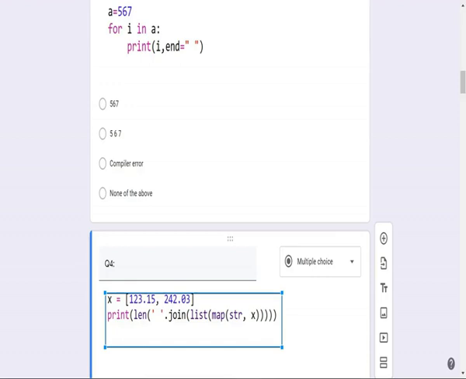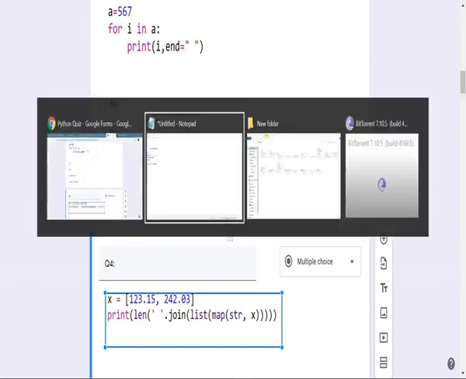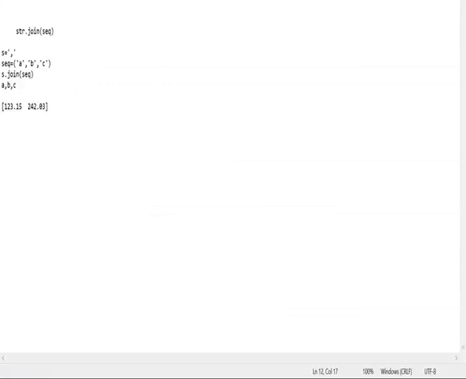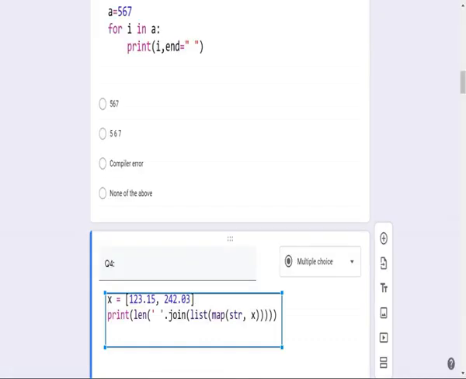If you perform the join operation with space, this is the sequence, now separated by using space. Okay, now this is the final answer. In the question they are asking for the length.